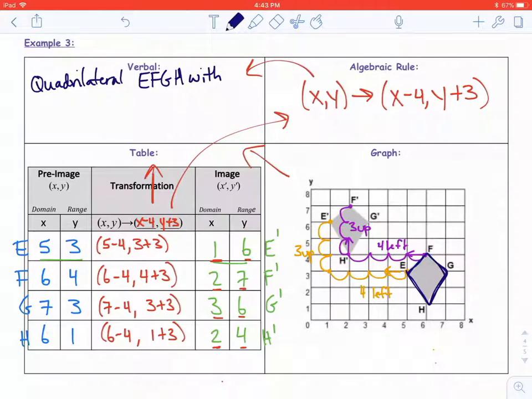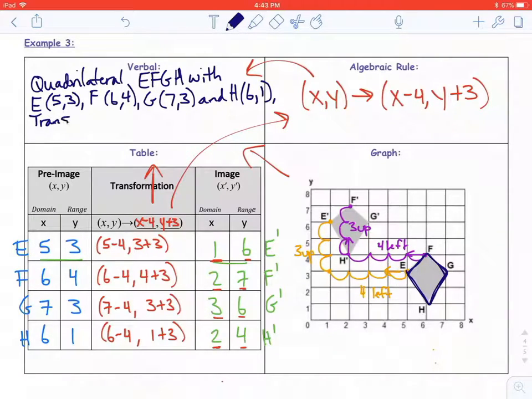And remember, we list out all the points. So with E at (5, 3), F at (6, 4), G at (7, 3), and H at (6, 1),